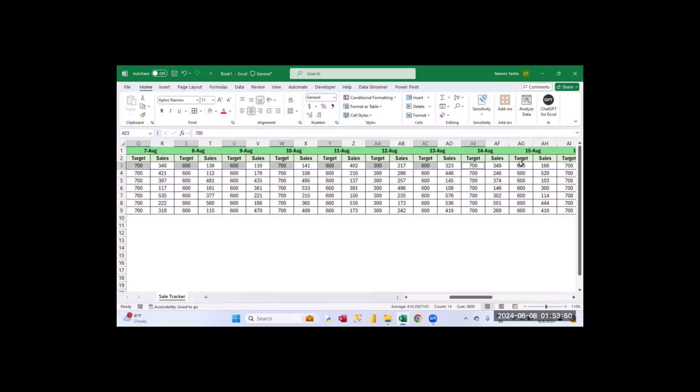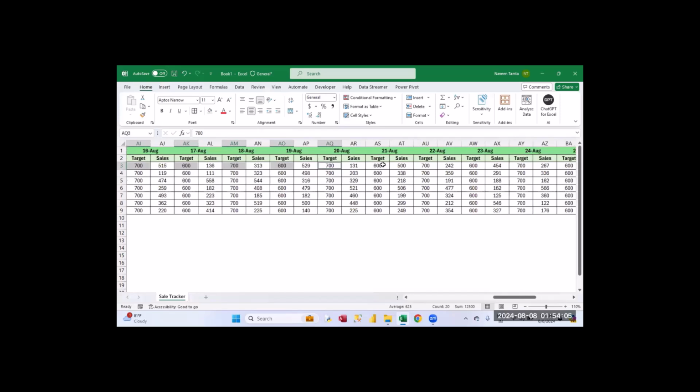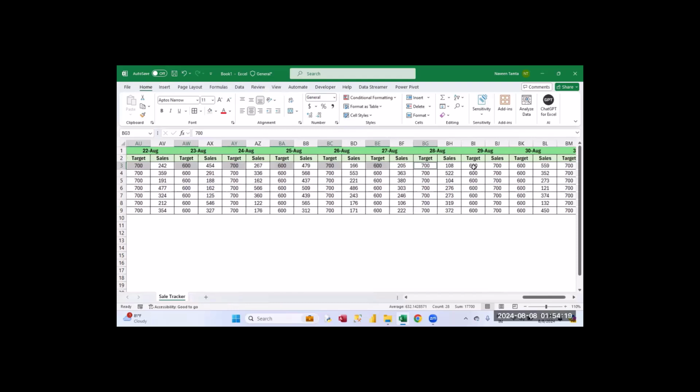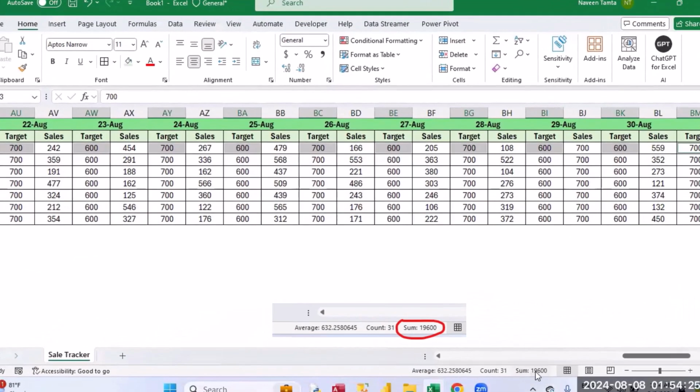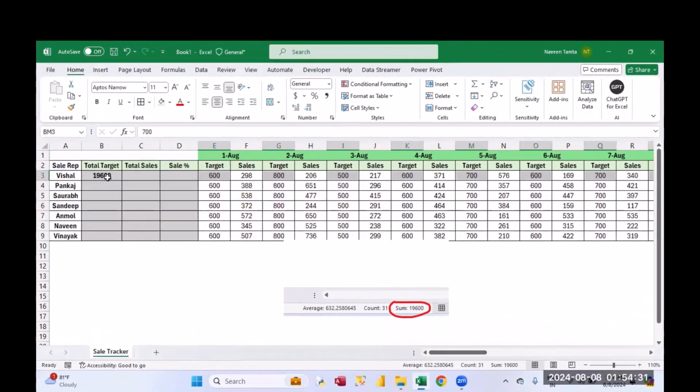Now I am selecting this. Few more entries are left. So guys, if you will have a look at the bottom, 19600, and this is what I have got here.